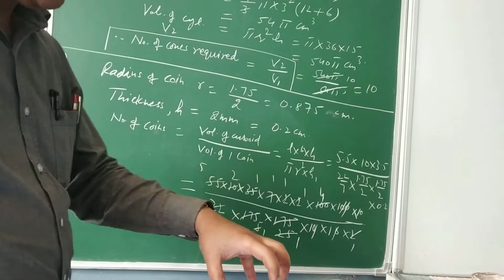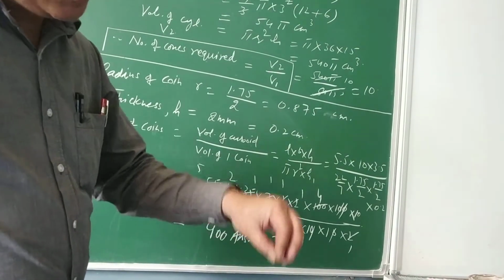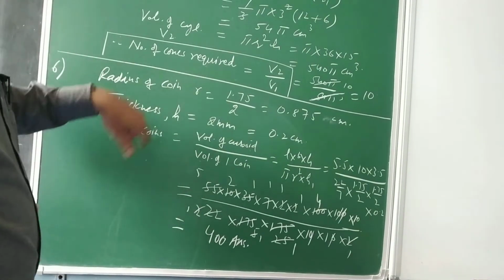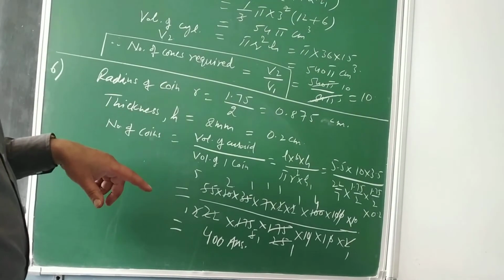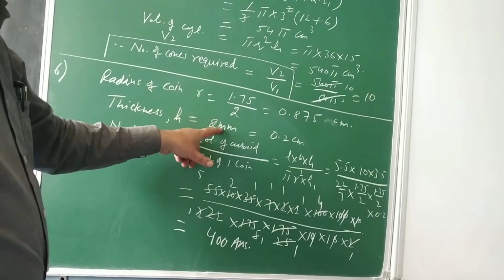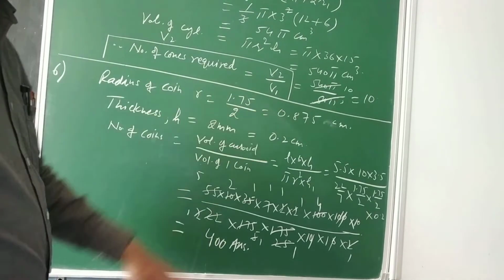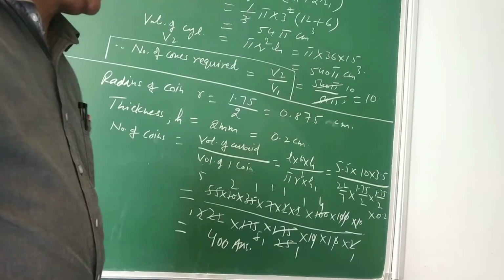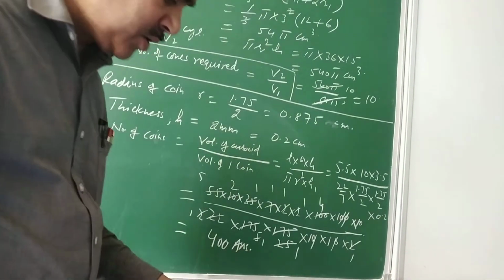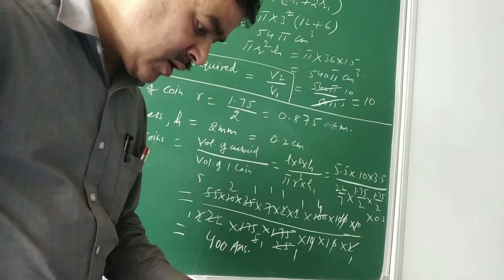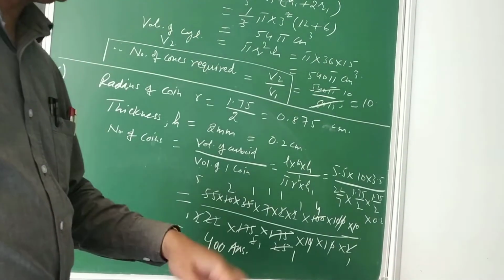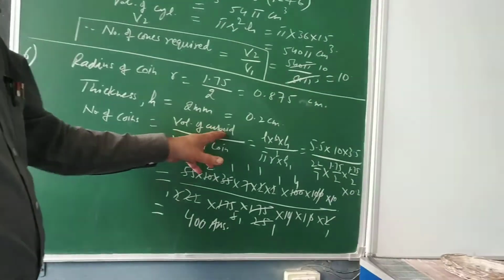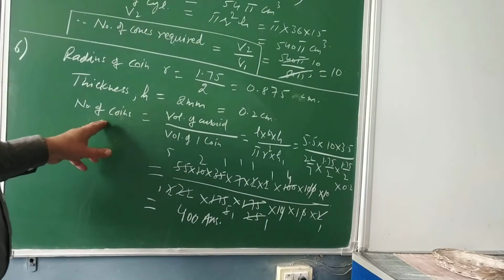So if you keep putting the coins one upon another, you will find it is cylindrical in shape. So otherwise also the coin, a round coin is always cylindrical in shape. So thickness is given, radius of the coin is given. So volume of the coin you can think in shape of what? Pi r square h1. And volume of the cuboid, because it is given that it must be melted to form a cuboid, and now you need to convert it into a cuboidal shape. So volume of the cuboid divided by the volume of one coin will give you the number of coins.